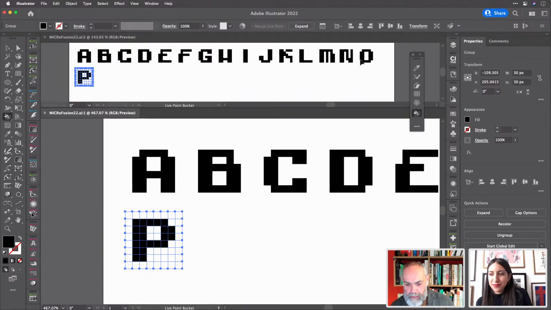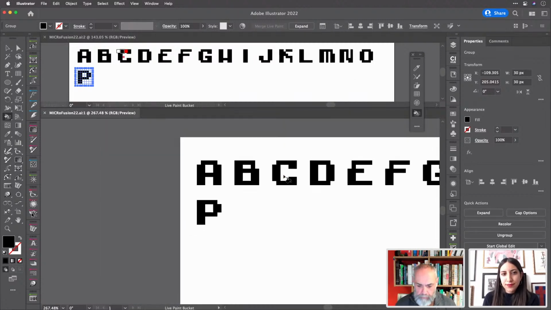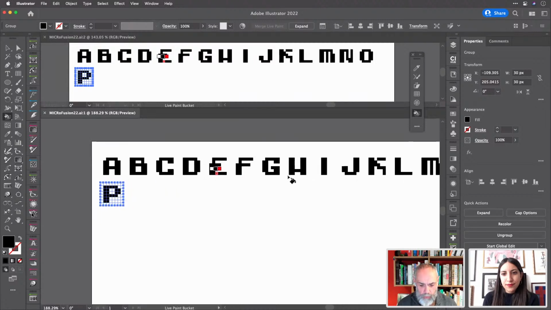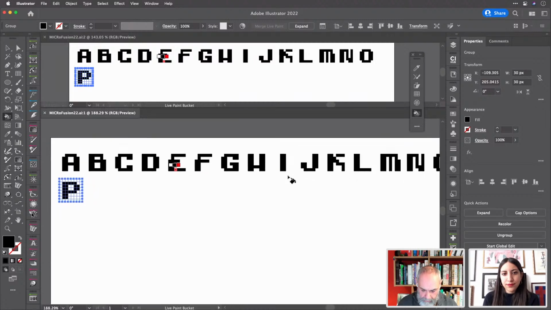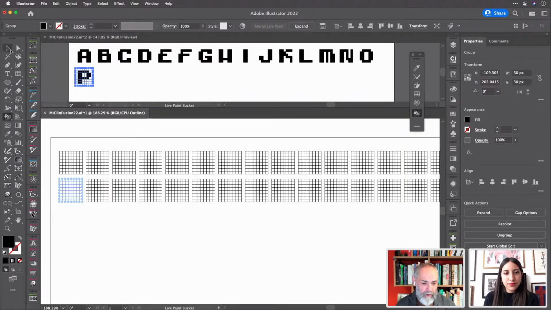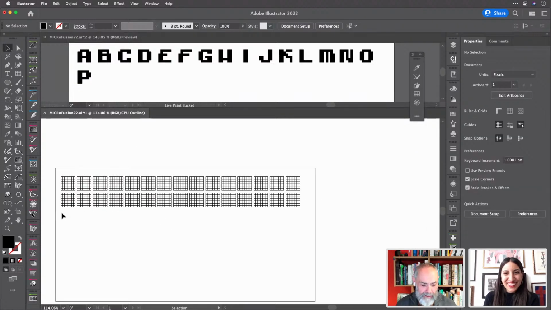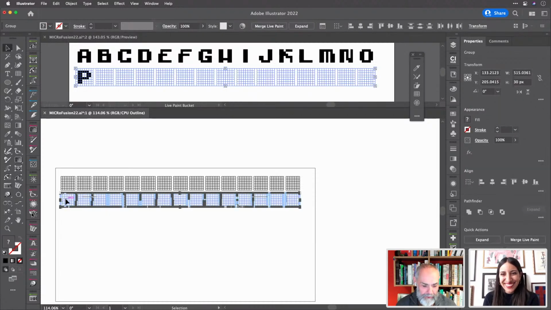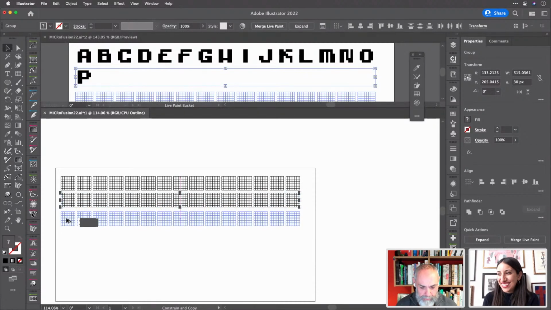So M is the middle of the alphabet. I know I've gone just a way over, but I'm going to need some more of those boxes for the numerics and also for some of the diacritical marks, which I'm also going to add in. Those are things like apostrophes, commas, semicolons, all of that sort of stuff. So let's just go ahead and sort that right now, because that way I won't have to go, oh no, I forgot. Which is my normal way of doing things. Given that apparently I'm supposed to be a workflow expert,